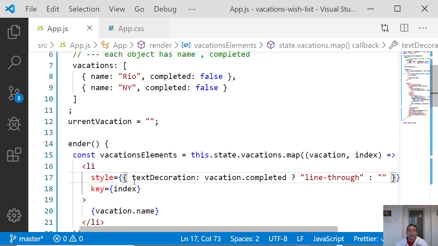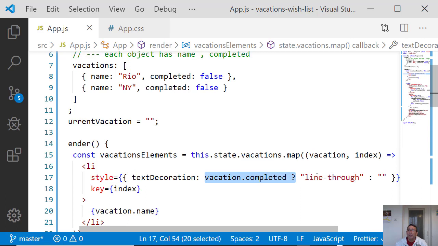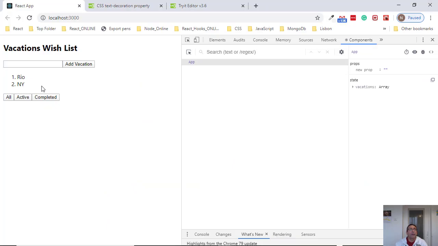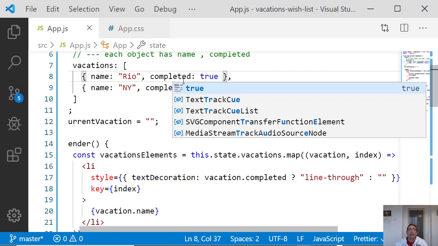Okay. Again, this is the style. This is JavaScript, and inside it there is an object that represents the style, and inside it, if the vacation is completed, then its value is line through. Otherwise, no text decoration. Okay, so now everything that is completed will be with a line. So now nothing here is with the line, but if I put here true, then,